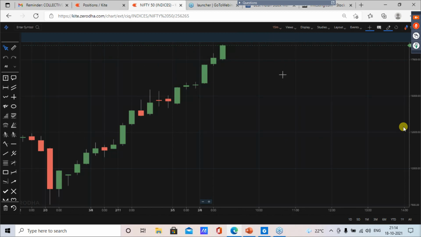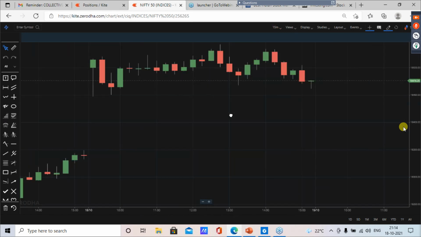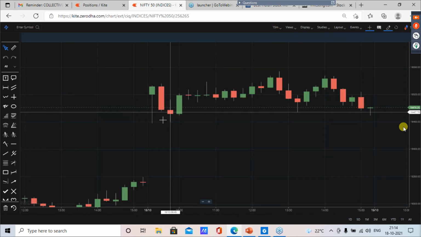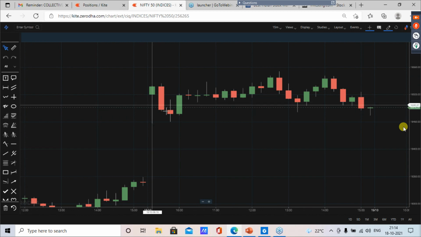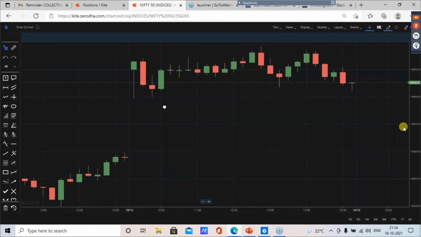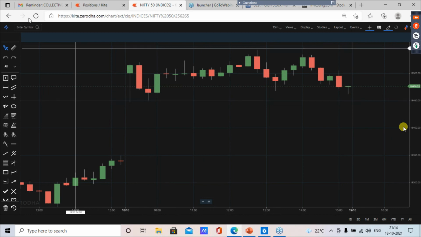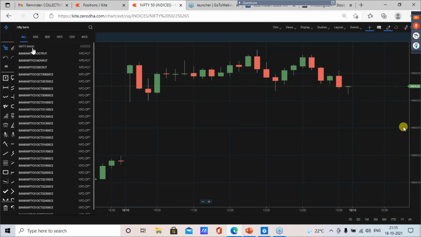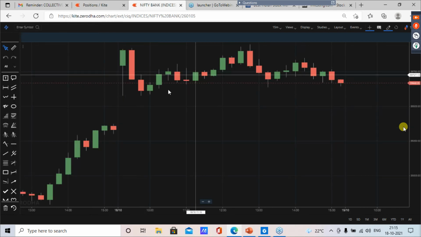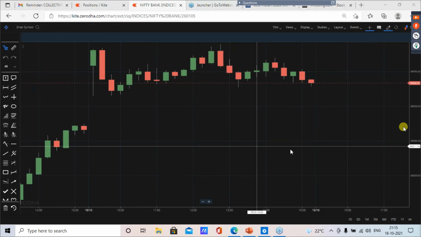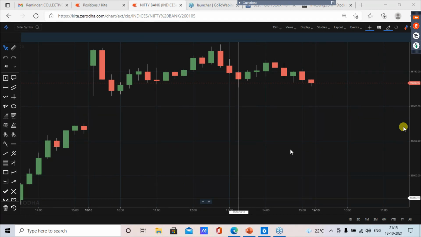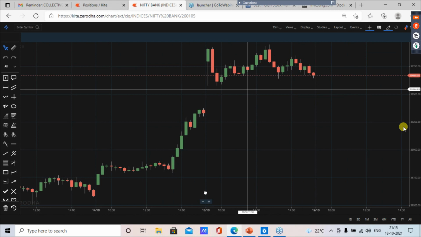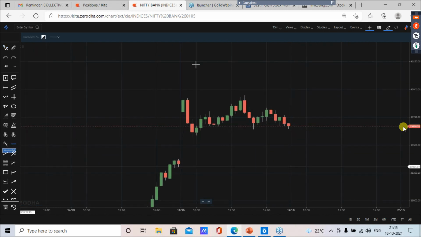Okay, so when it comes to bullish hammer, there was a bullish hammer today after a gap up in Nifty 50. Likewise, we have this, one of the brilliant trades that you can expect for tomorrow. I'm expecting a huge movement because we have an inside bar formation in the 1 hour candle.